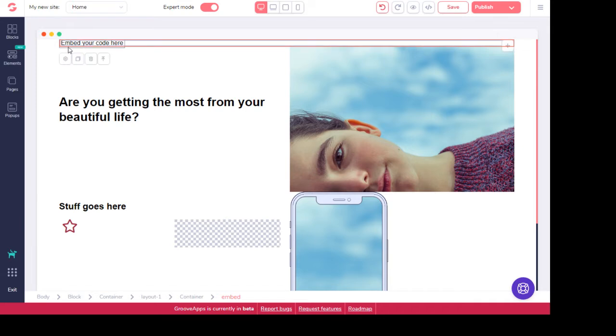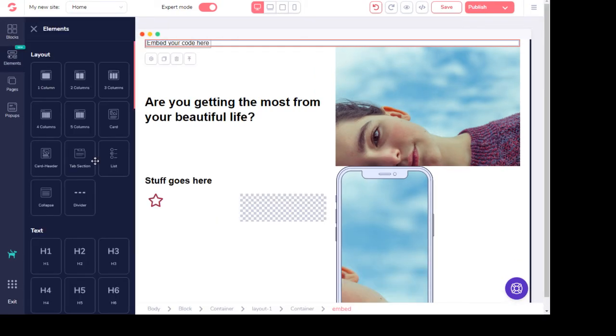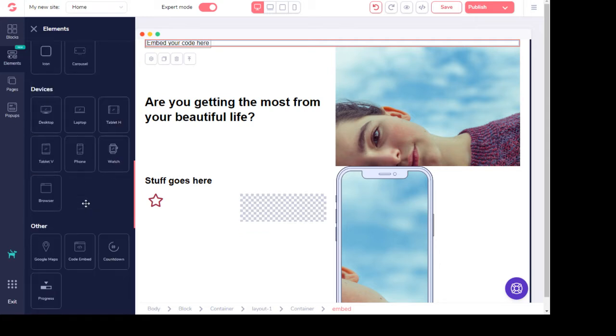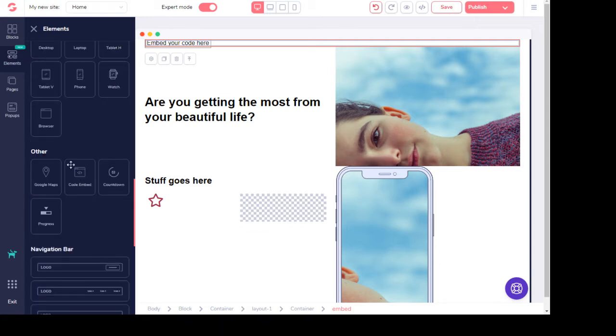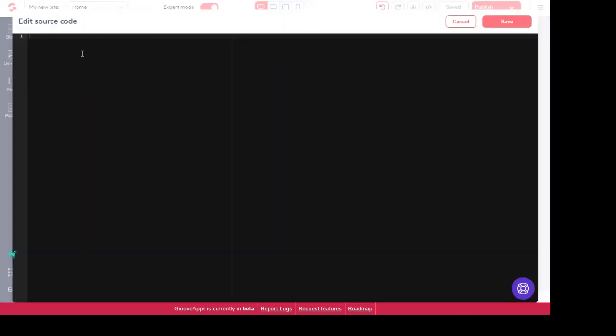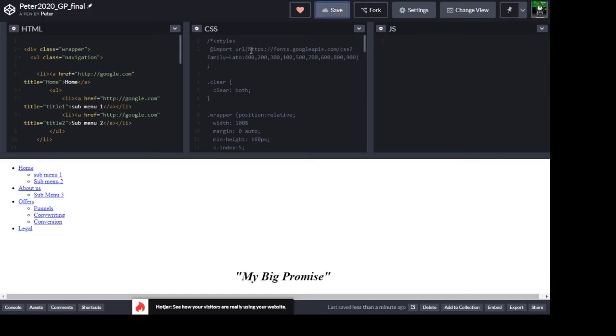Sorry, I didn't even say what it was. We put the HTML embed block in the one-page thing. It's called code embed in the page builder, but all of them have some sort of HTML embed or code embed. That's the one we put in here. Then you click on it, and click on the little cog. This is now basically in source code. If I give you the script, what you do is